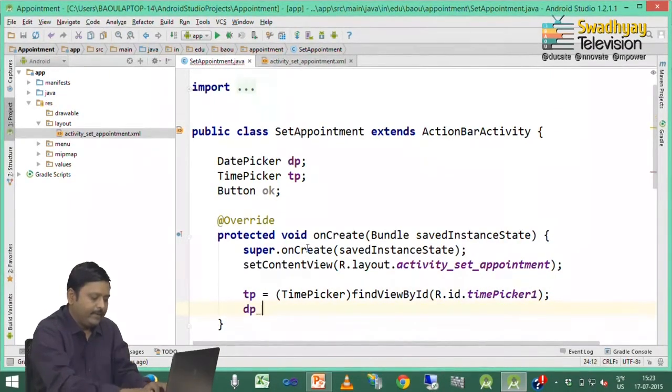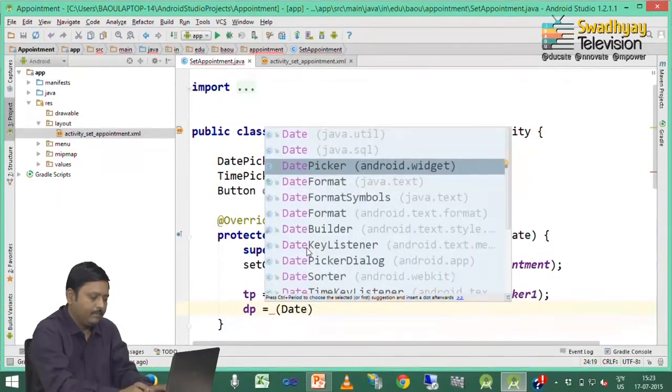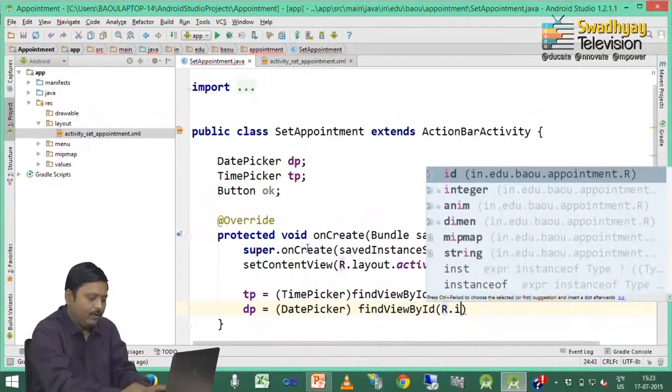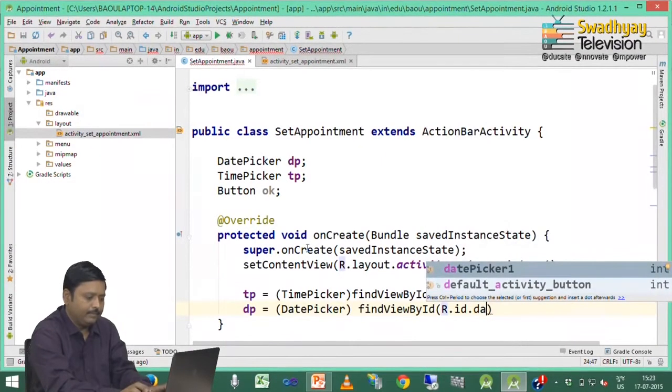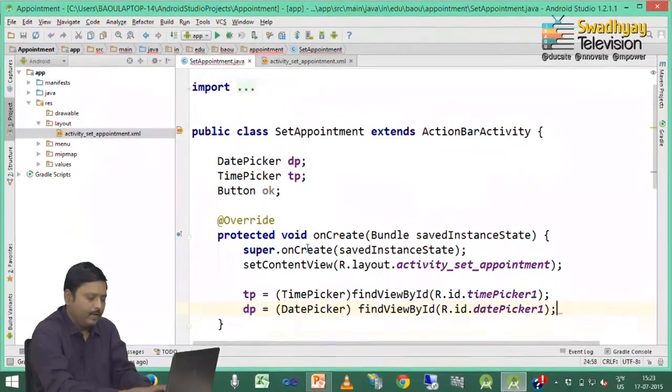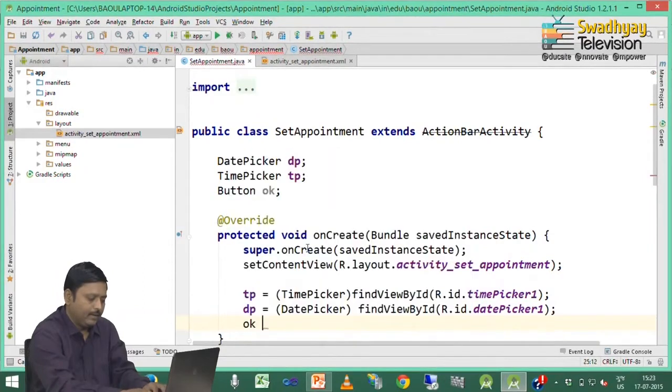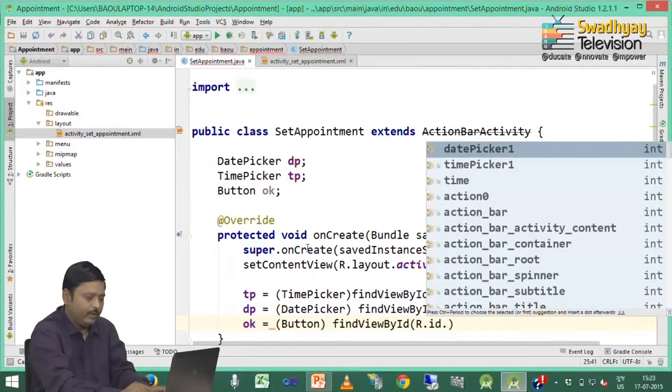Same way dp is a date picker and its ID is r dot id dot date picker 1, and our button ID is, which is OK, is equal to button represented by ID r dot id dot btn OK.